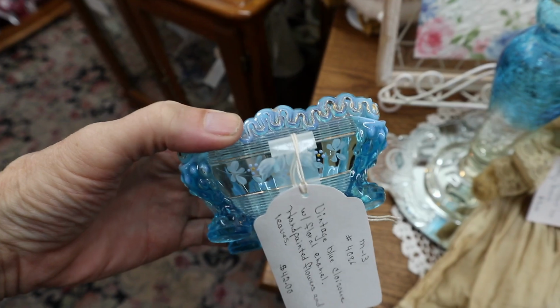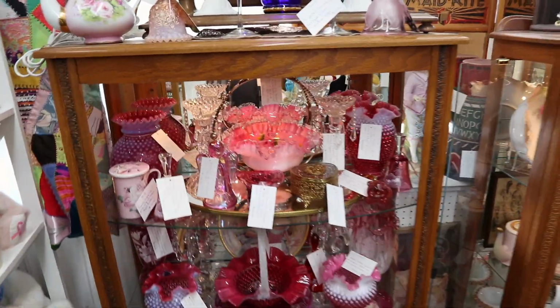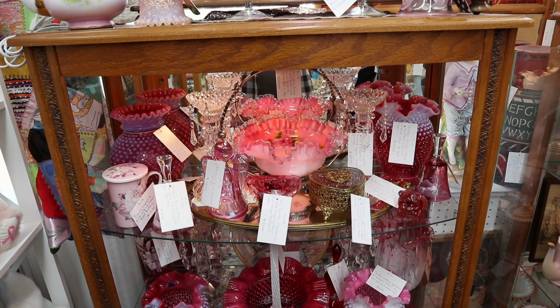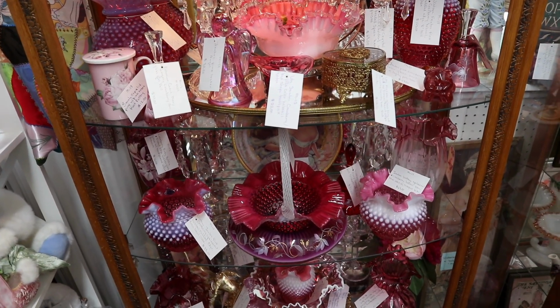And then right next to it is this piece, which is Victorian from about 1890. Mixing new and old is fun. It's just know what you're buying and know what you're paying for. Now these pieces are mostly older Fenton, and they have a really nice selection of the cranberry in the hobnail